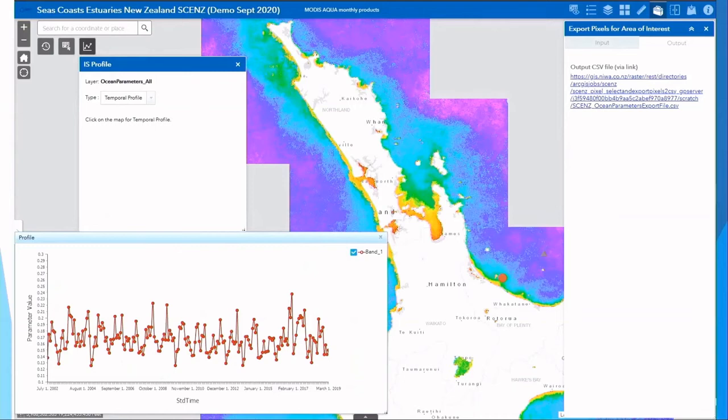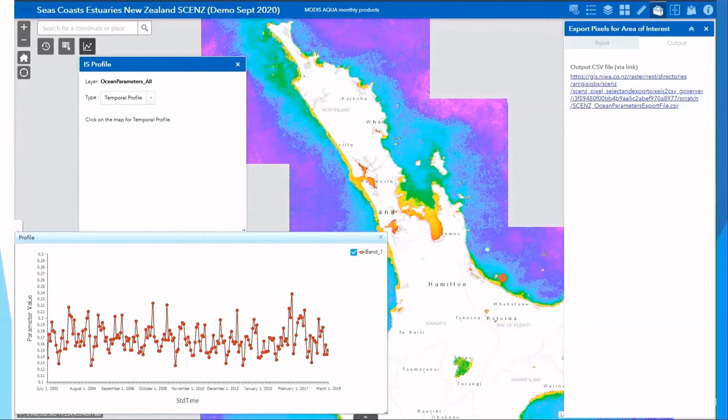On the map, the temporal development of parameters can be animated using a time slider. That's just the regular time slider widget in Web App Builder. Users can choose from a set of parameters and time slices by using the pre-configured app widgets, and those could be WebAS or regular widgets. One simple example is a temporal profile of a point of interest as shown in the lower left corner.